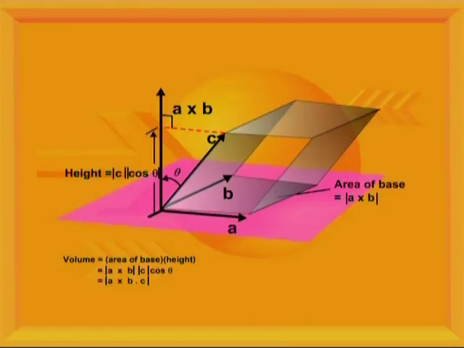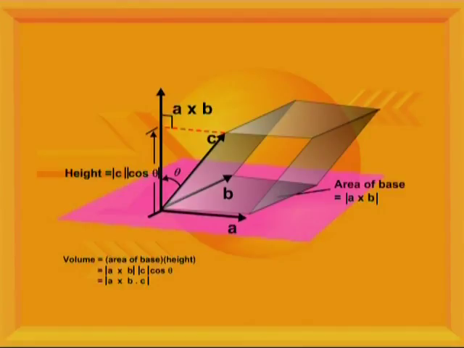So if we represent the vector A by OA and the vector small b by OB and the vector small c by OC,